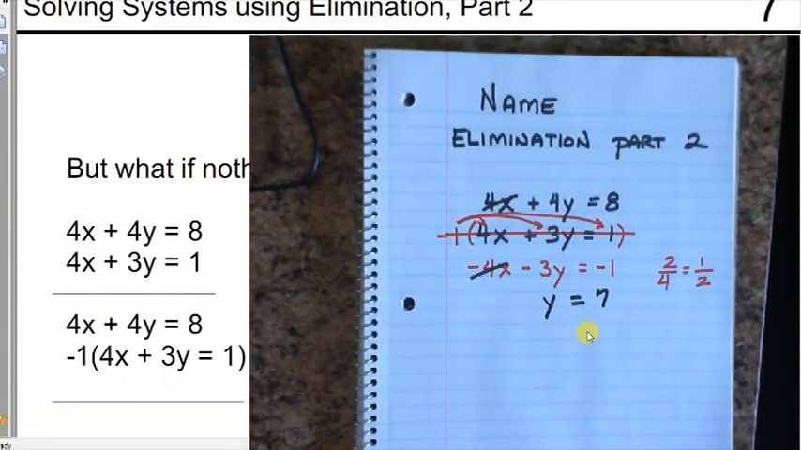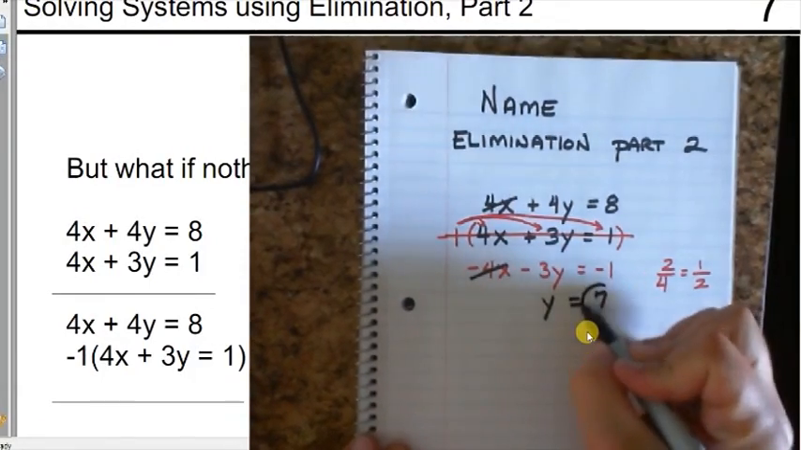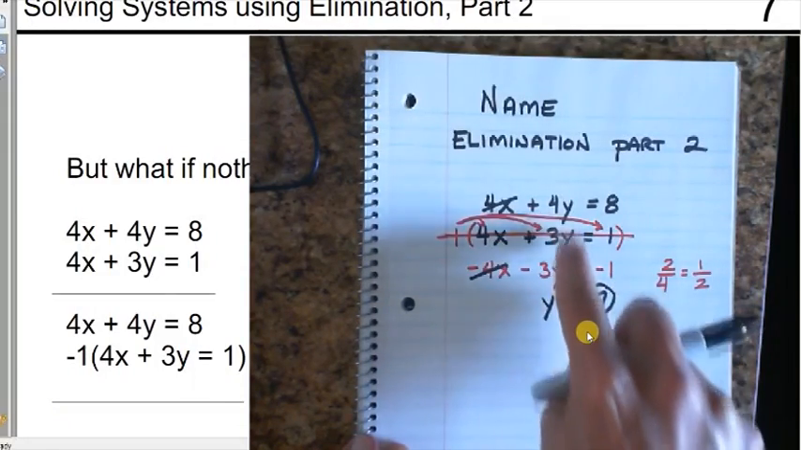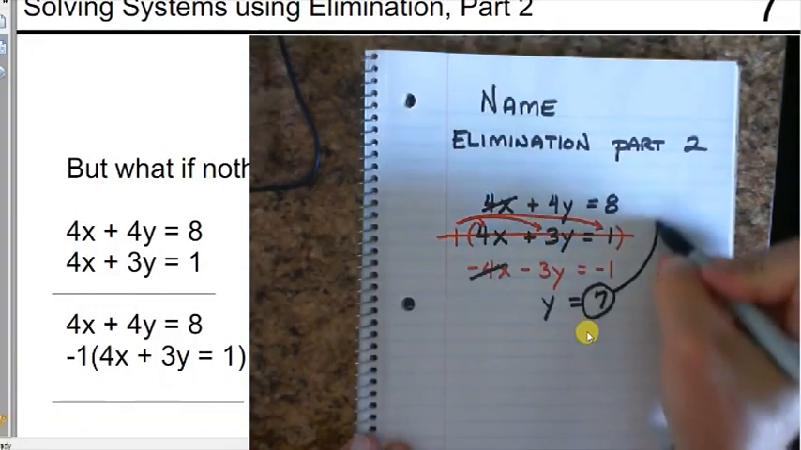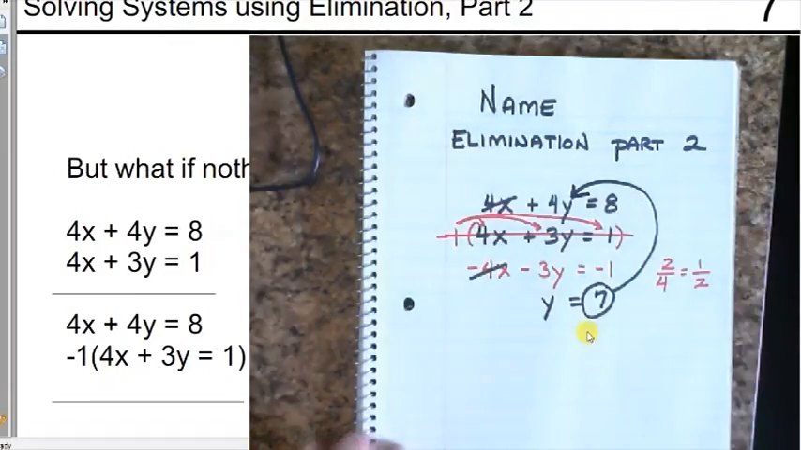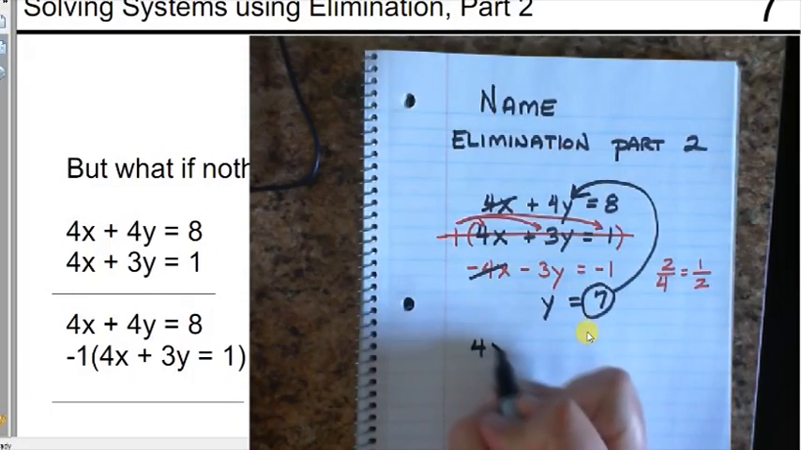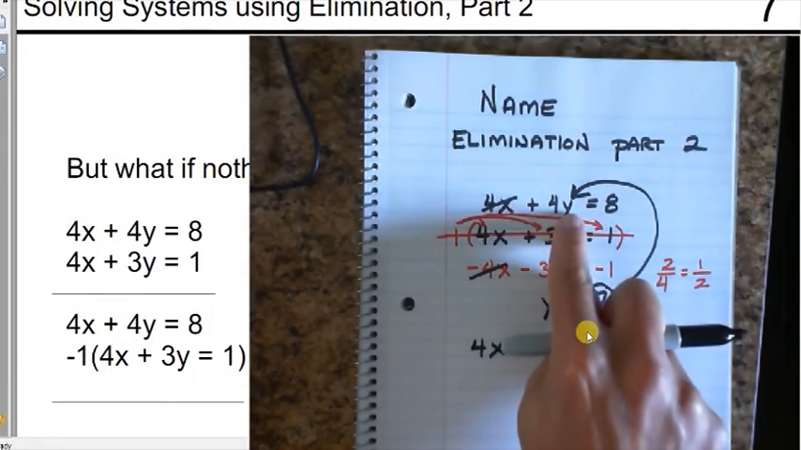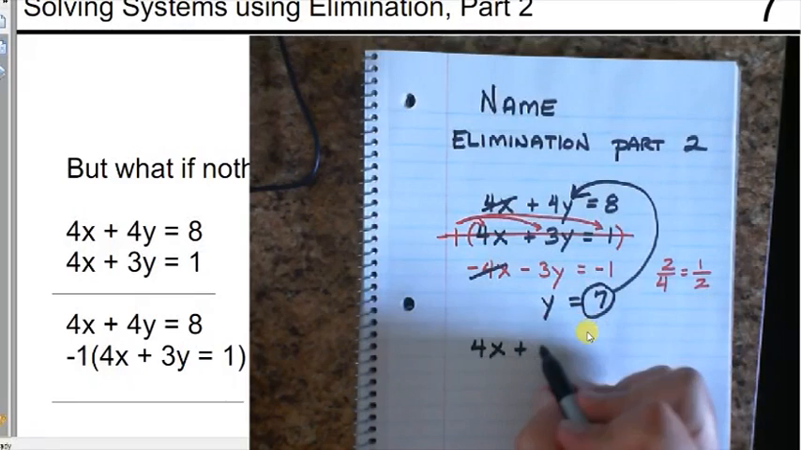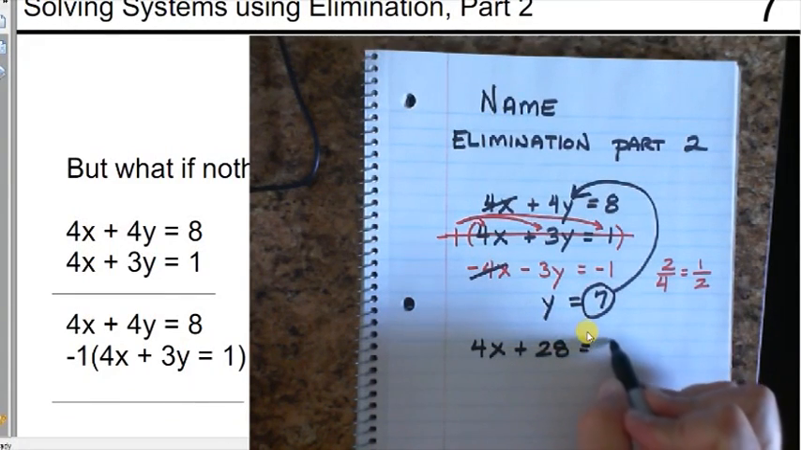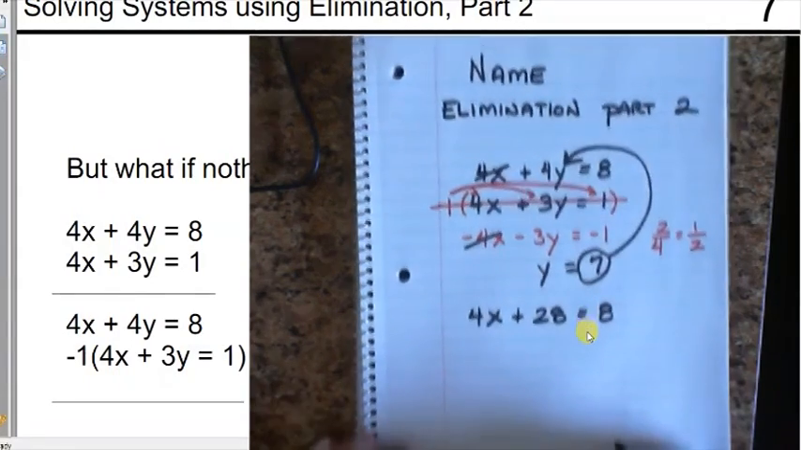What am I going to do now? I'm going to plug it in. I'm going to take that 7, and I can either put it in here or there, top or bottom. I usually use the top. And I'll see what I get. I have 4x plus 4 times y, but y is 7, so that's 28, equals 8. Solving it for x,